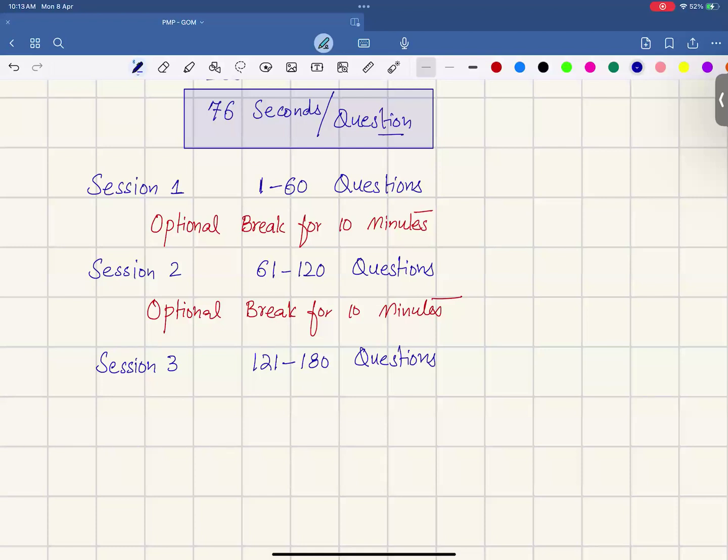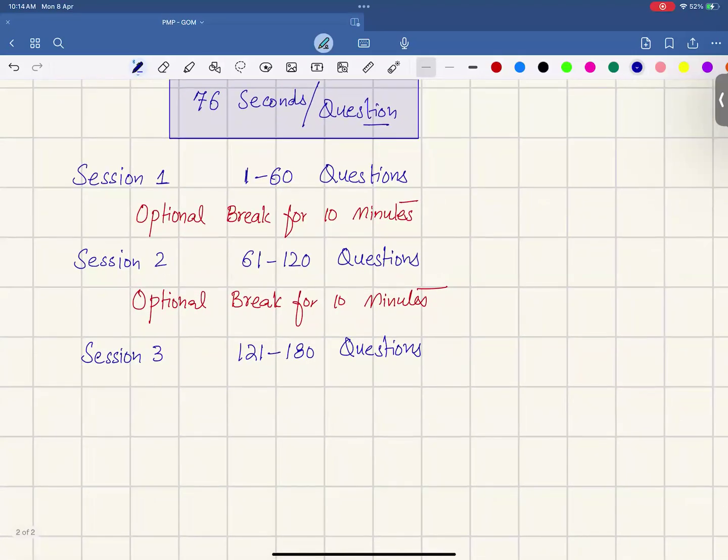Session 1, session 2, session 3, and within these sessions, you will be having 2 optional breaks of 10 minutes each. Now, remember, there is no specific or fixed time for each session. You have to manage your time yourself. So on average, you have 77 minutes for each session, right? So, or just to make things easier and simpler, do not spend more than 80 minutes for this session,